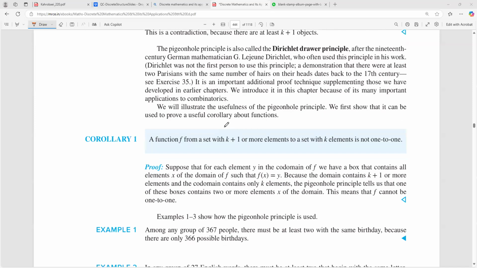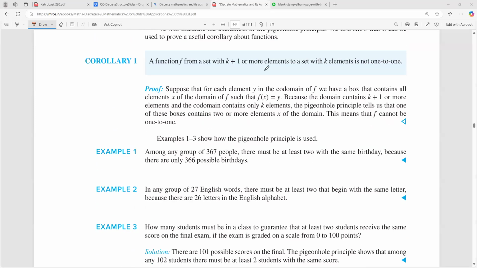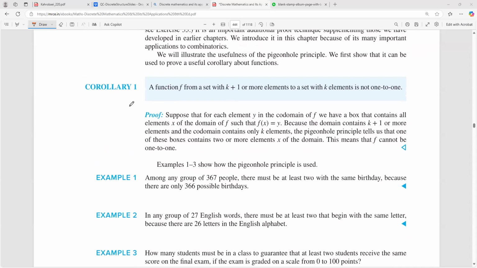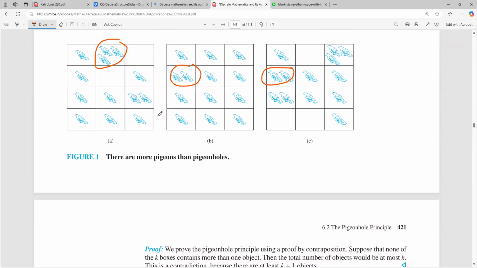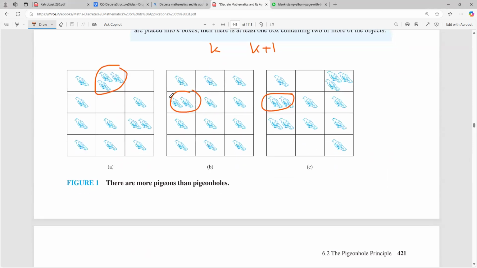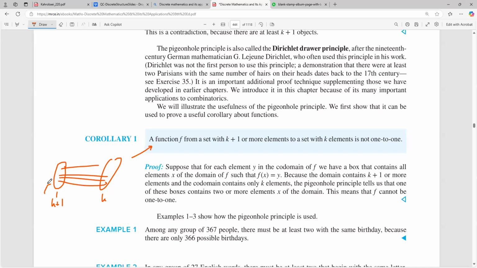And it's useful because sometimes, this is a little corollary, one to one. This is basically saying if you have a set with k plus 1 elements, and we're going to a set that has k elements, there's going to be 2 elements here that point to the same one. It's the same idea with the pigeons. There's going to be 2 objects from this set that point to the same object here,